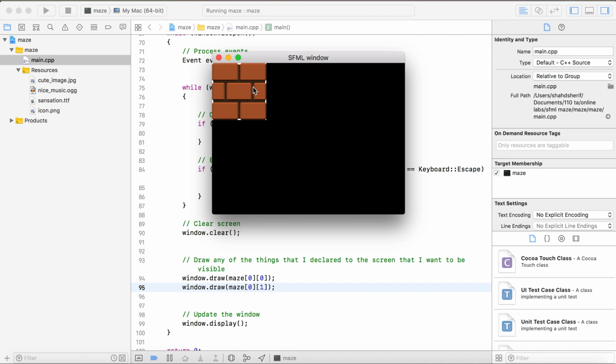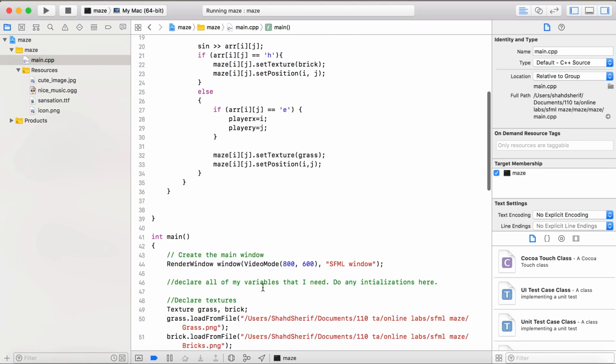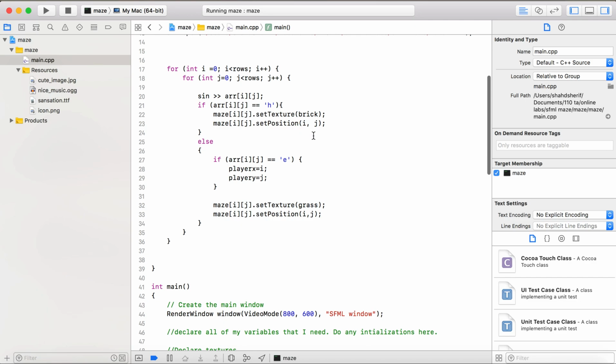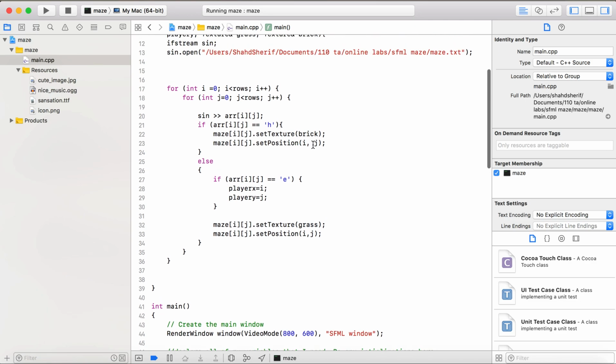Okay. Why is this happening? Why am I only seeing one brick here? It's because of the set position. Yes, the second brick, when I set its position, it's set a little bit underneath it, but because the size is so big,